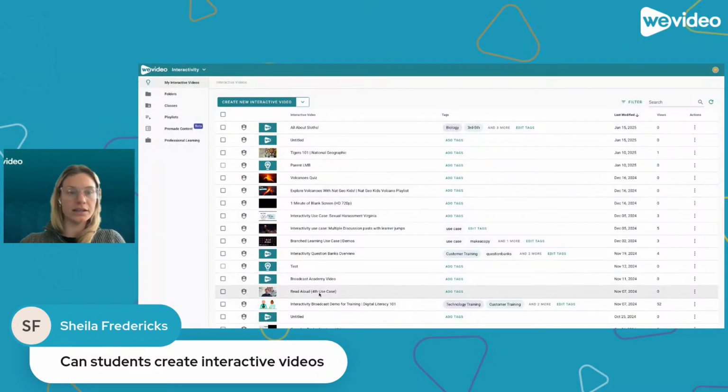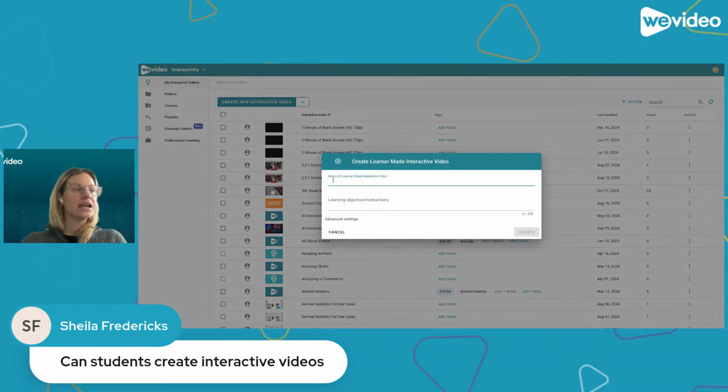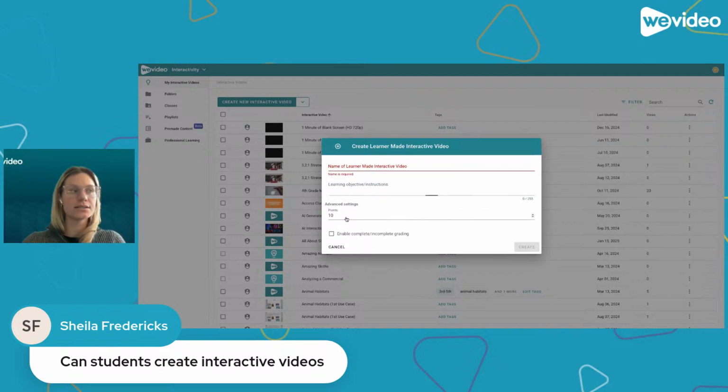So when you're in the interactive video library and you have your create new interactive video, you can select the drop down and use create learner made interactive video. And you would just set your learner made interactive video. You would make a name for the assignment, put the learning objectives and instructions, and then signify how many points you'd like it to be worth. And then once you create this,